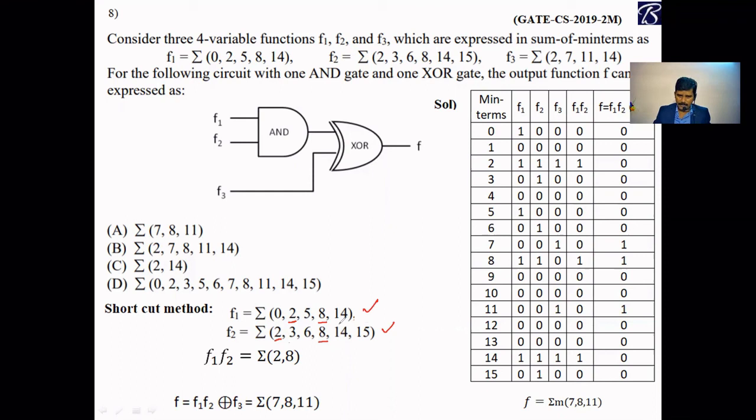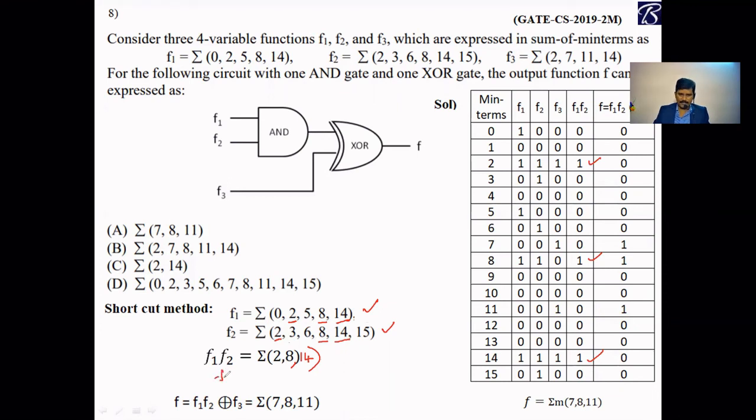And here you also take this 14, 14 which are repeated, this comma 14. So 2, 8, 14 is the f1 f2. Here also see 2, 8, 14, that's all. That is AND operation. The conclusion here is that AND operation takes the repeated ones: 2, 2, 8, 8, 14, 14, because 1 into 1 is 1. So this is f1 f2: 2, 8, 14.